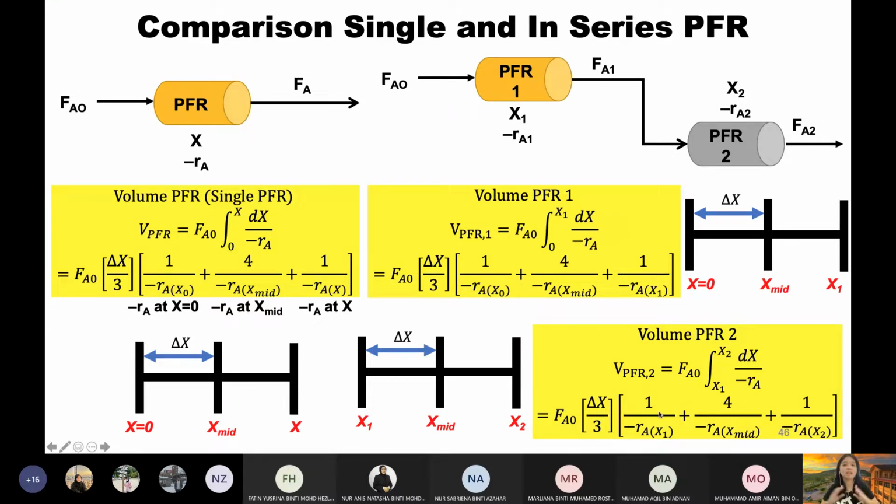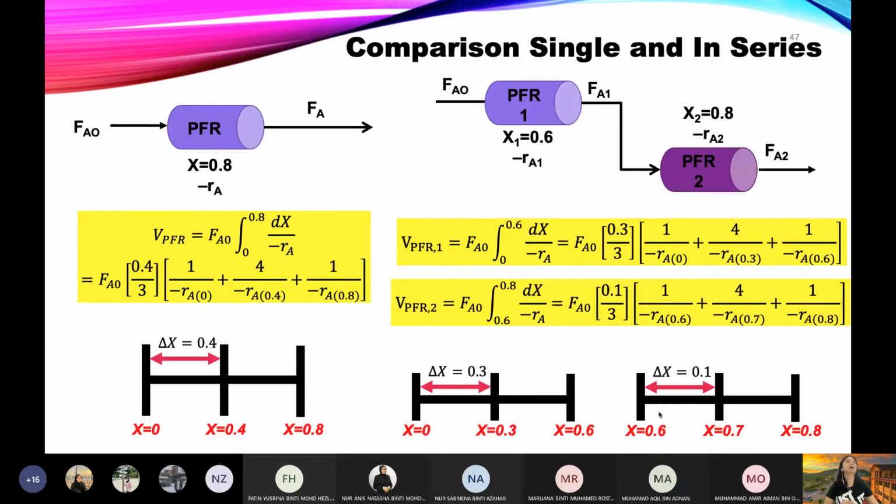So now I hope you understand kenapa saya keep saying delta x is not your middle x. Kalau start dengan kosong, yes, delta x tu sama dengan middle x. Tapi delta x tu bukan middle x. Sebab bila ada case di mana reactor in series and you no longer start from 0, you will get the confusion yang bukan sebenarnya sama delta x tu. Okay? But again, if you get a little bit not too sure, I will explain in terms of question.